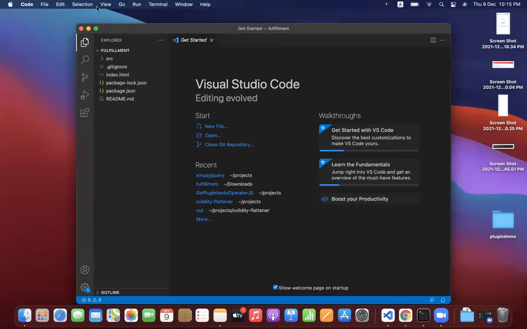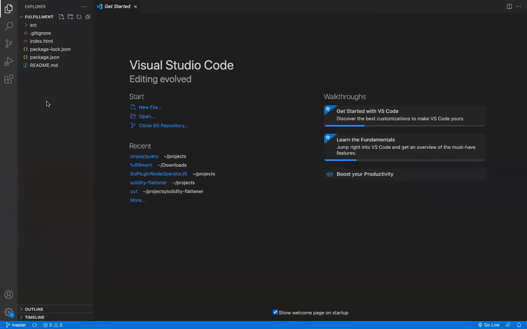So the next step is to open this in Visual Studio Code. I like Visual Studio Code because it is much more user friendly. Whatever you are comfortable with, you are good to go. Here I'm opening it with Visual Studio Code. Once it is open, if you are using Visual Studio Code, the easiest way to open this in a browser is to use Live Server.